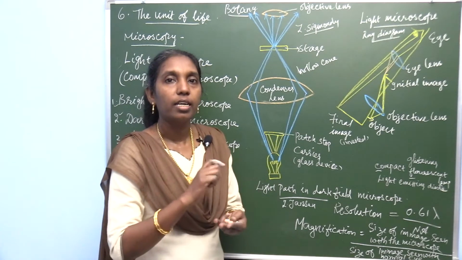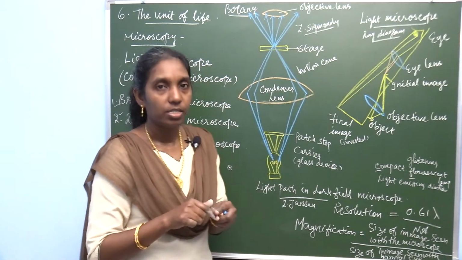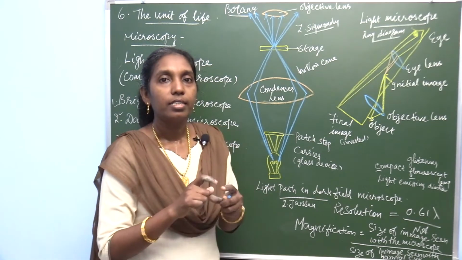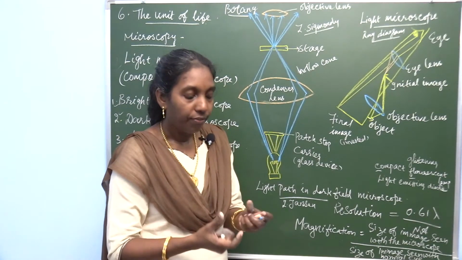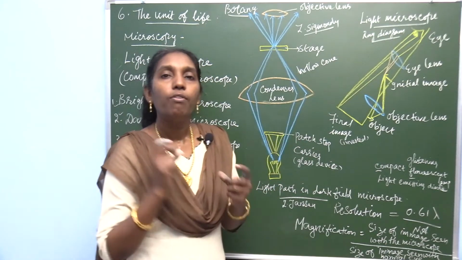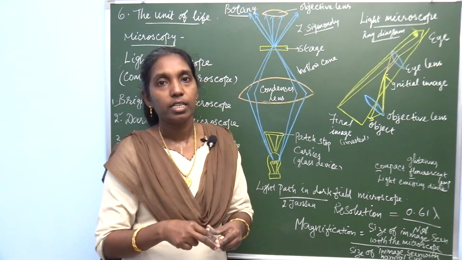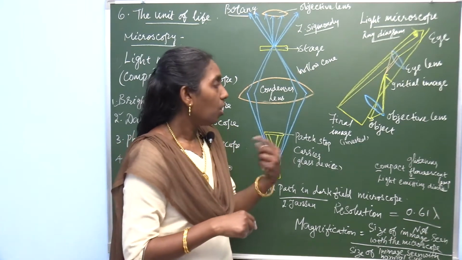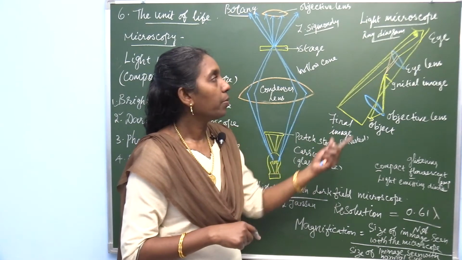We can adjust it and we fix the microscopic slide on the stage. So that is the adjustable platform. There at first we focus the light. So in this microscope, the light is focused directly on the object, and from the object it shows the image through the